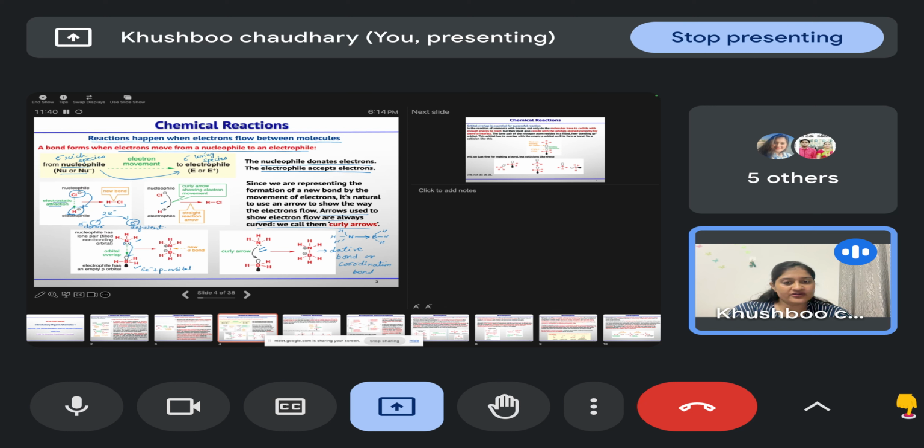But now we are not representing it in this way, because once the electrons are shared, a coordinate bond is just like a sigma bond. So we can denote the charges: nitrogen is giving two electrons in the bond, so it has a positive charge, and boron is accepting the electrons, so that's why it has a negative charge. So using these curly arrows, we can represent the movement of electrons from the donor atom towards the acceptor atom. Clear? Any doubt?